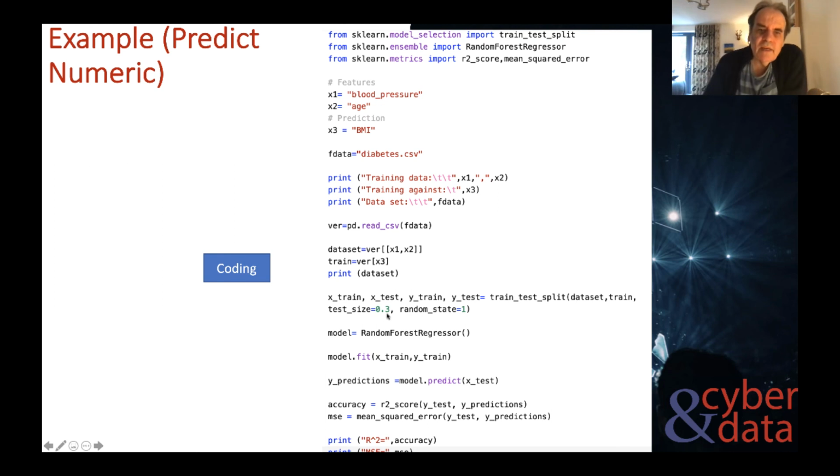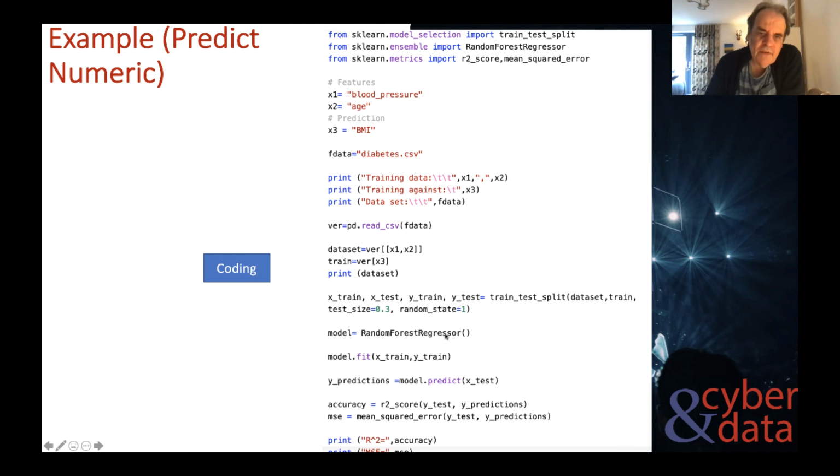Initially, we'll take a test set of 0.3, so that's 30% will be kept back for testing, and then 70% will be used for training. So it takes this big data set, and for 70% it'll take random records and make the X train and the Y train, and then keep back 30% for X test and Y test.